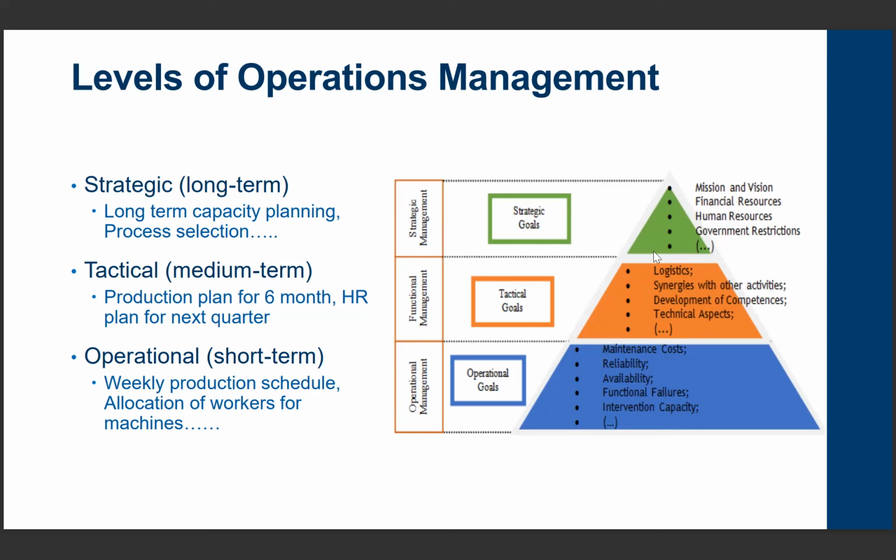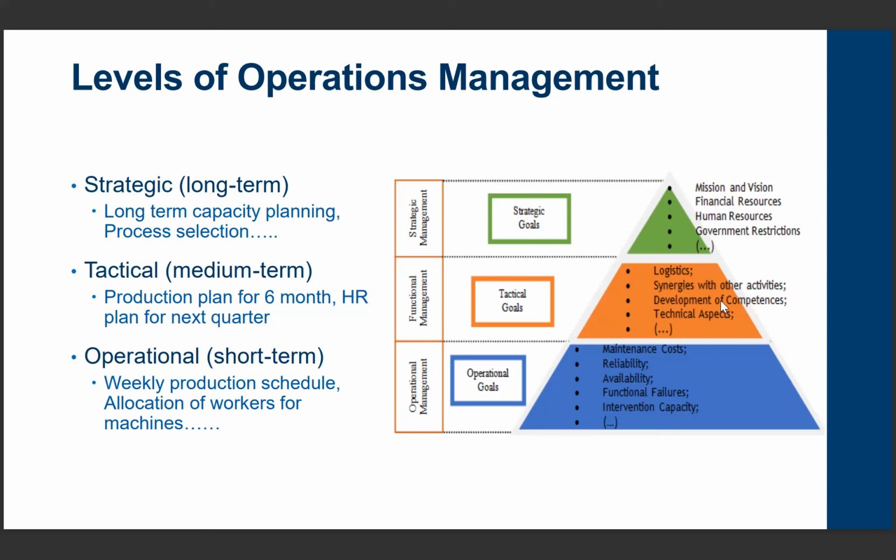operation level, the lowest level, and the functional. You can call it the tactical level, the management level. They are not too short, not day-to-day decisions, not too long decisions. It's medium-term decisions, production plan for 6 months, HR plan for next quarter. Such decisions are taken at the tactical level, such as logistics, synergies with other activities, technical aspects, and then the